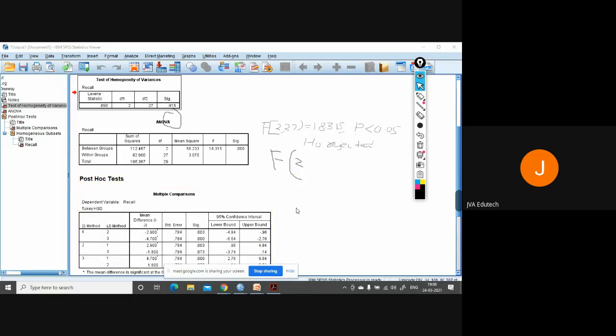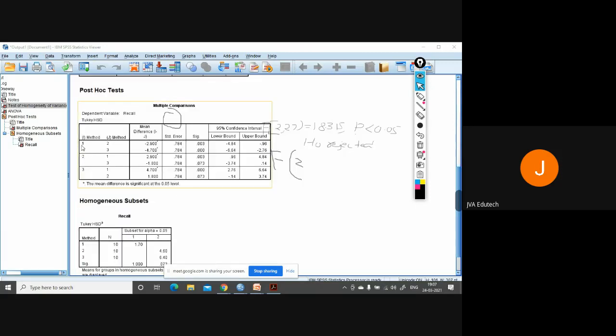There are two kinds of multiple comparisons: post hoc method and this contrast method. Contrast method we use when we are aware, when we already have hypothesized that a particular group will differ. Like I have taken the example of placebo medicine, that if there is no medicine in the tablet, you know that it won't have any significant effect. In that case, you can go for contrast method. If you don't know which of the groups will differ from each other, then go for post hoc methods.